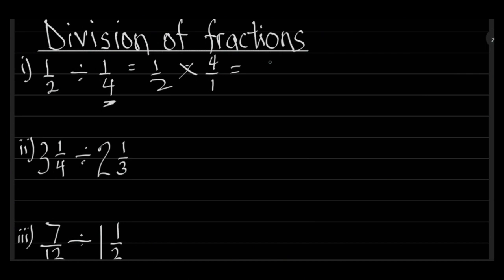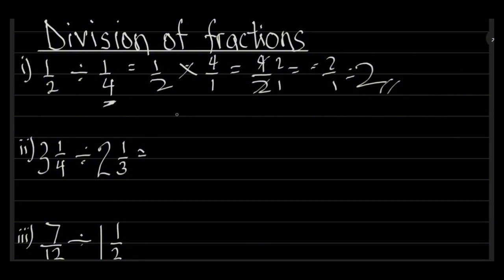So that will give us 1 times 4, which is 4, and then 1 times 2, which is 2. When we cancel out 2 into itself 1, 2 into 4 2 times, so we have 2 over 1, which is equal to what? 2. Like I said earlier on, we do not write 1 as a denominator. No. We have to do same for this, but first we have to change the mixed fraction to